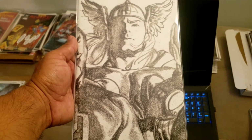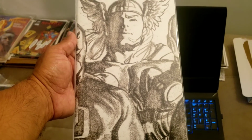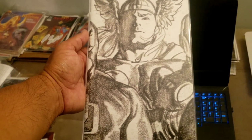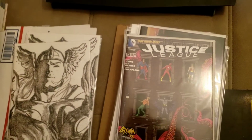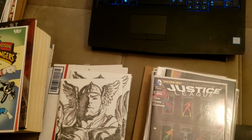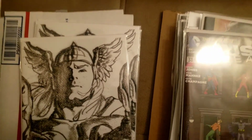I'll send the 3 of these that I got, the Ross covers. That's 1 in 100 incentive Rosses. So I'm hoping this one's going to be a big book too. Don't know if it's going to be, but just because it's Ross, just that by itself might do this book well. And I'm going to send the 10 Mikos, and I might send some more of these just as fill-ins,